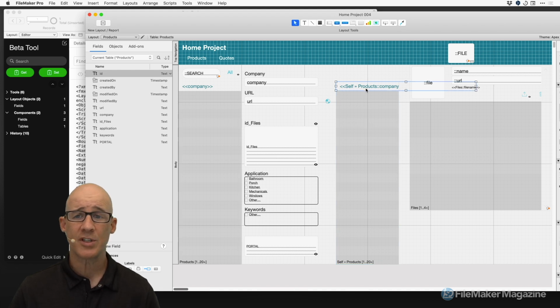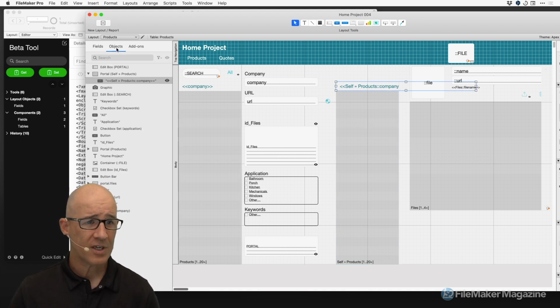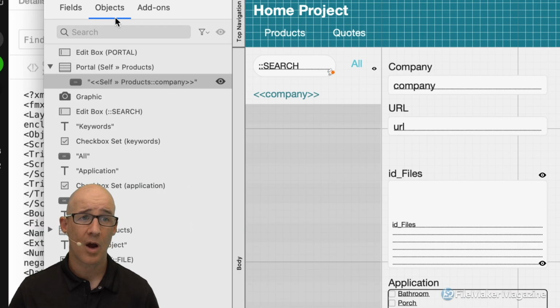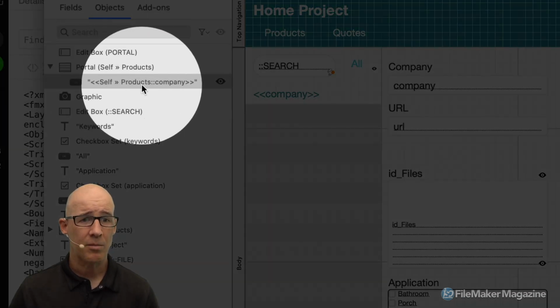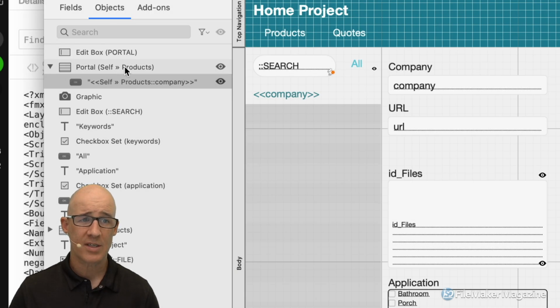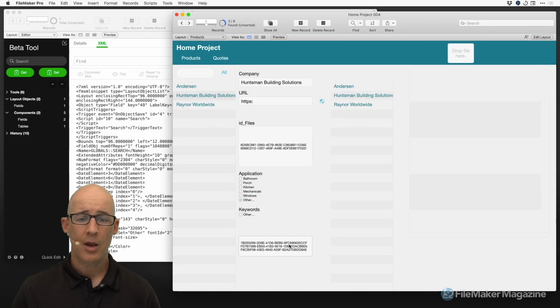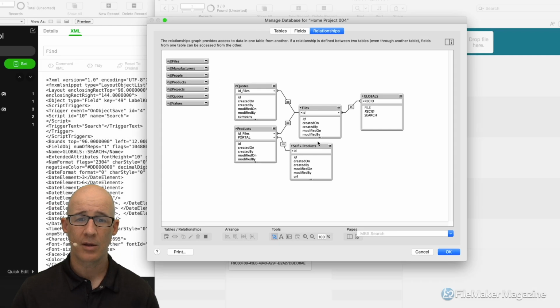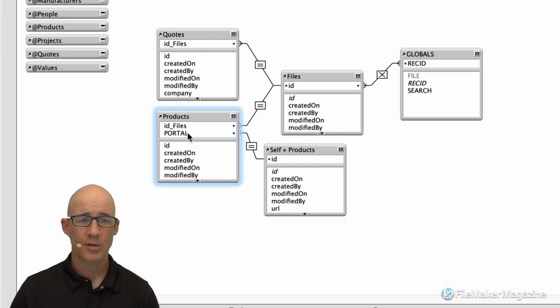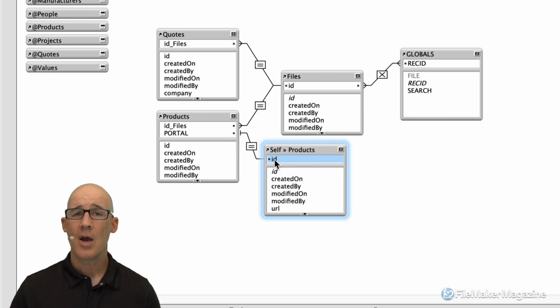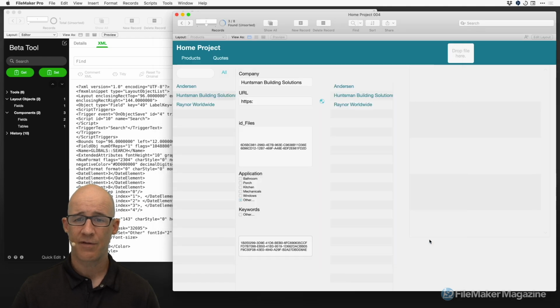Let's see. We want to double check and make sure that our object is contained within the portal. We go to the objects area. My button is coming from the same portal. We can see self products company, and it is showing the company name. I do have the keys in my portal. I go to my relationship graph, and I look, and the products portal is related to the ID. It should be showing. I will probably at this point have to pause the video, find out what the issue is,